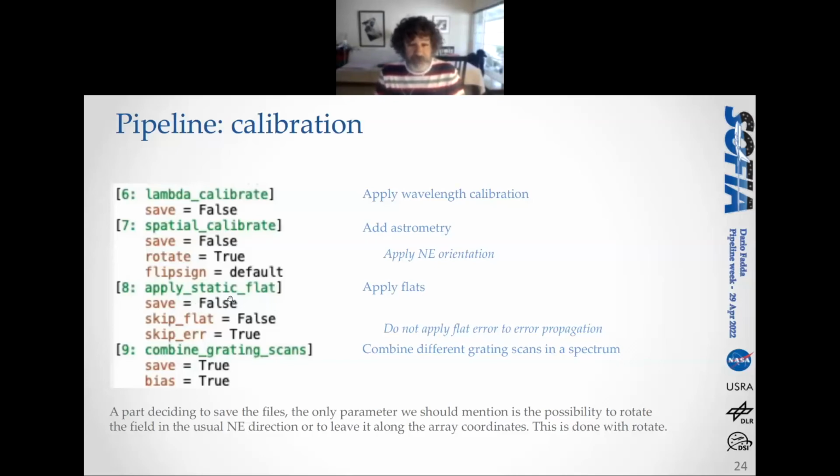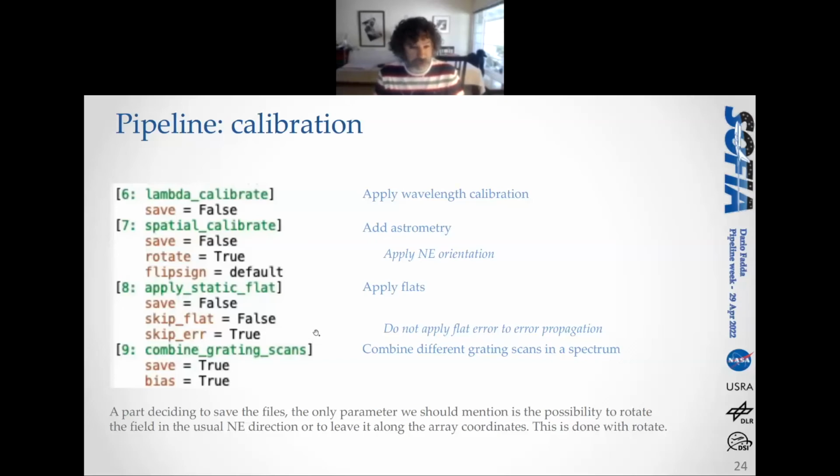Then we apply the flats. I just put a note here. We don't apply the flat error to compute the errors on the final flux, and this is another chapter on the reduction, if you want. The error on the fit of the ramp is propagated through all the pipeline. So one step which should be done is propagating also the error that comes from the computation of the flat. It turns out that this error is pretty high because we don't have an infinite number of hours to do the flats. So we don't want to propagate this error, otherwise the error will be simply enormous